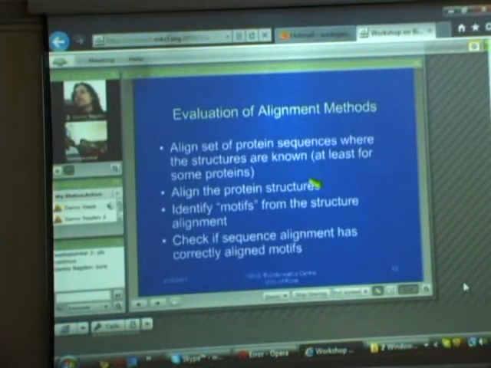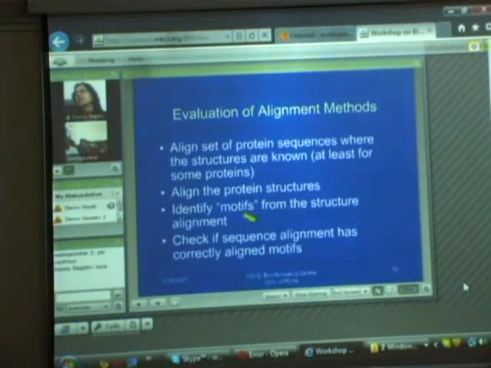Then you can also verify your sequence-based alignments by aligning the corresponding protein structures. So for example, in your dataset there are 10 proteins for which structures have been solved, available in PDB. Then you can do an additional exercise of aligning those protein structures. There are separate methods available for aligning protein structures, and they can be used. These structural alignments also produce, along with the structural alignment, a sequence alignment. So you can compare the sequence-based MSA with the structure-based MSA. These two tools could be useful.